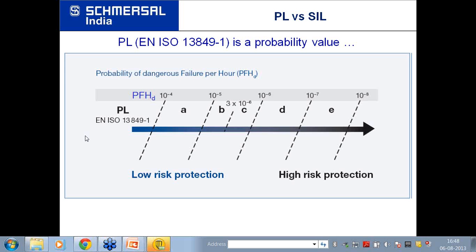But there is some wear and tear with the devices, and if because of that the safety can be downgraded, then you will have a lower SIL level.